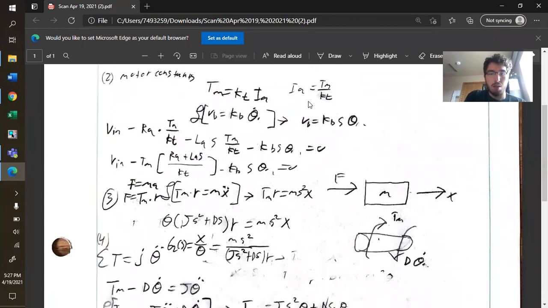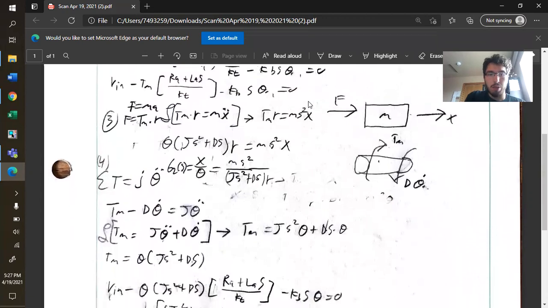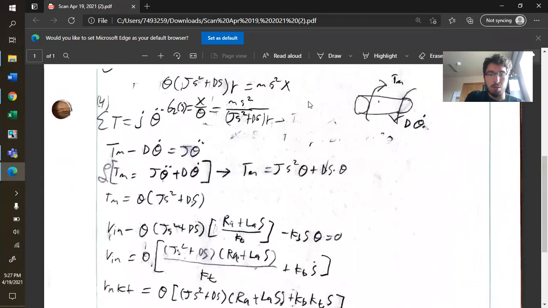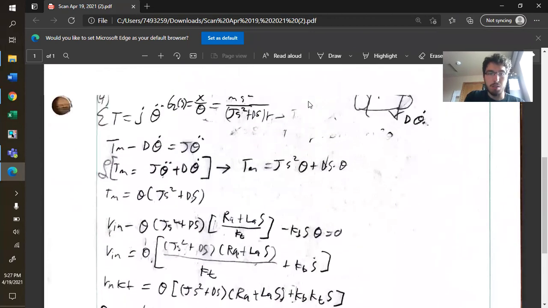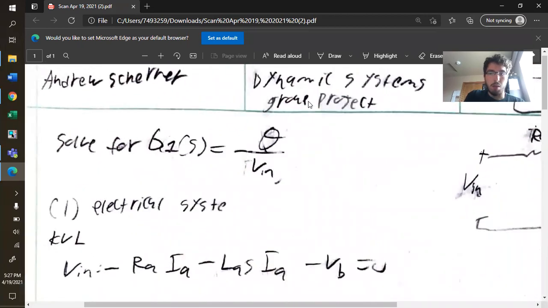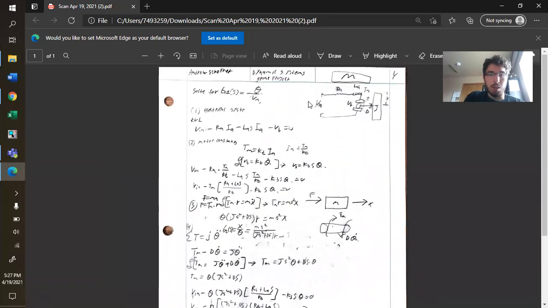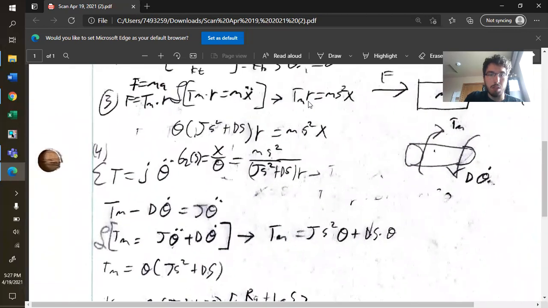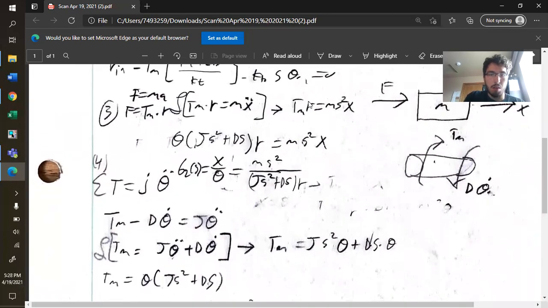and then we decided to do two transfer functions. One transfer function is theta out of the motor over voltage in, and then we're going to multiply that transfer function with the other transfer function of x, which is displacement in the x direction of the actual robot, over theta in, and